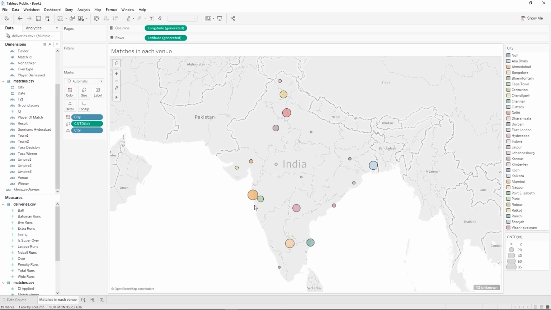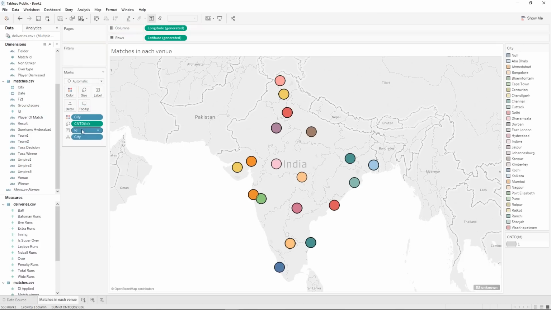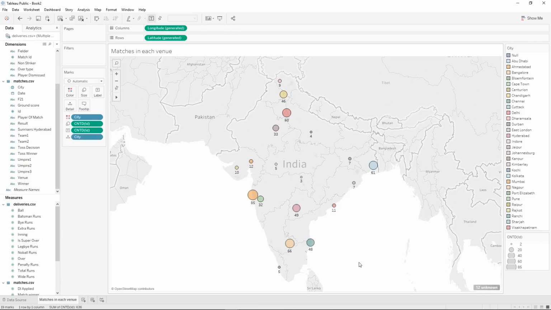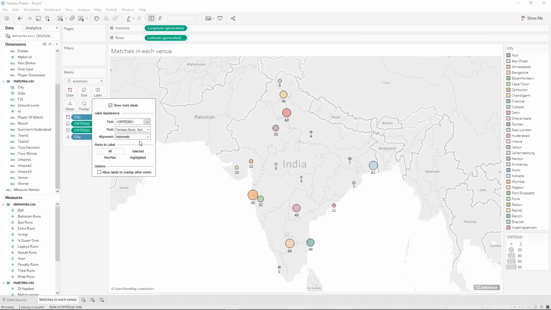And if we wanted to see the exact number without having to hover, we could take this ID onto label and again change it to count distinct. There we go. And now you can see exactly how many there are in each location. You can change where the labels show up by adjusting the alignment, so we could have it in the center and it kind of shows up inside their circles, but that's kind of hard to read in these smaller circles. So we could define that we always want it at the top